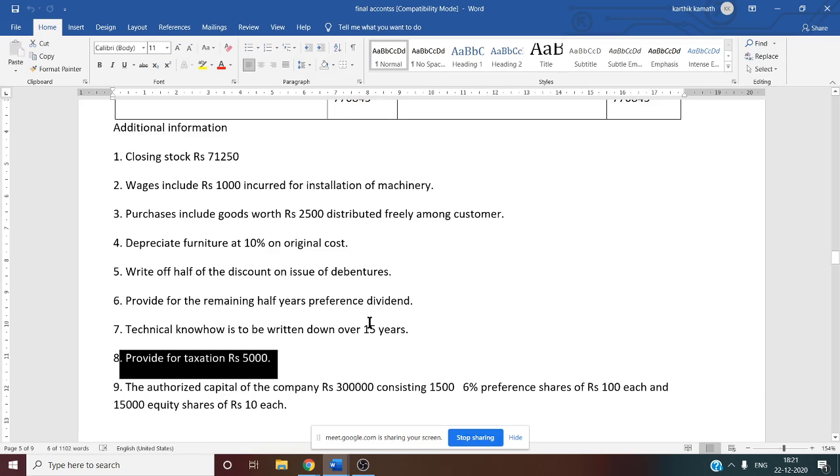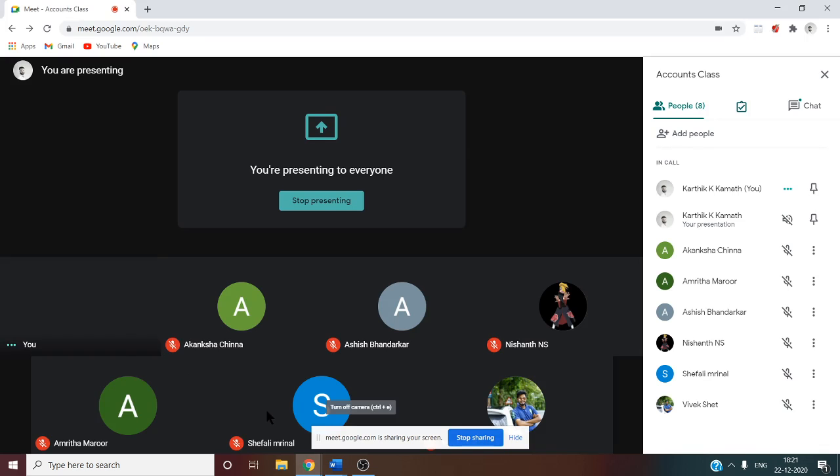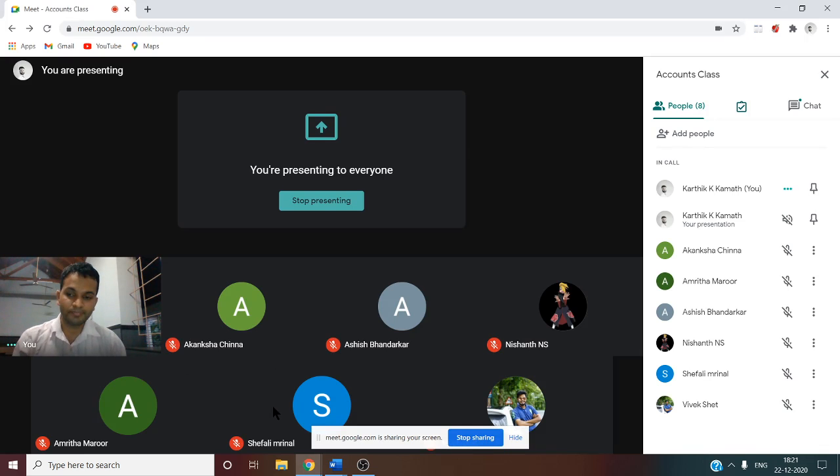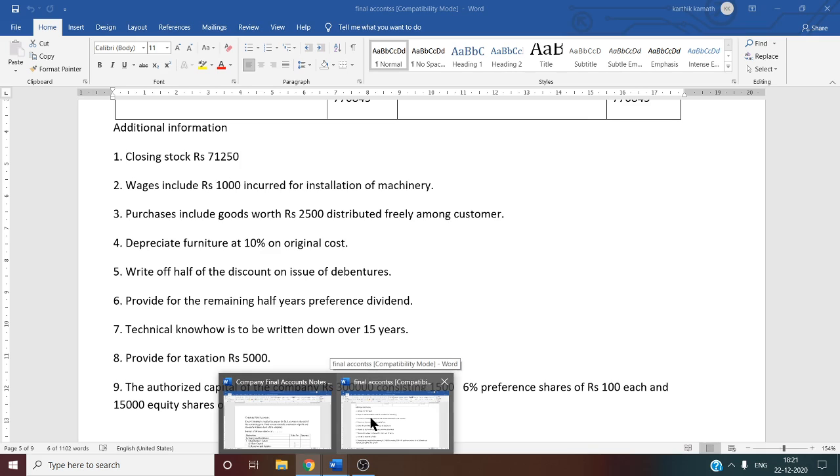P&L adjustment, profit prior to exceptional item and tax, that is total revenue minus total expense. Once you get that answer, from that you have to deduct tax expenses. So there you can show this deduction, 5,000 deduction. And one more thing, short-term provision. Provision for taxation is a short-term provision. So working note number 10, liability, last working note. There you can show this short-term provision, that is provision for taxation.